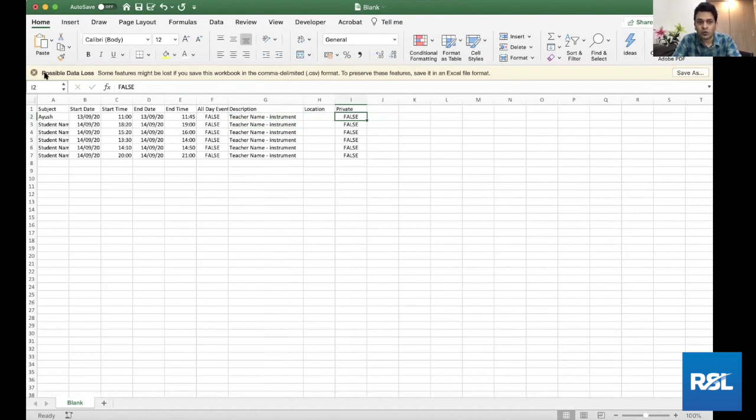And this warning will show on the top, possible data loss, which is absolutely fine. This is in a CSV format and not an Excel format. That is absolutely fine. Don't worry about that warning. Just save it and close it. Once you're done with that, I will go back to my calendar